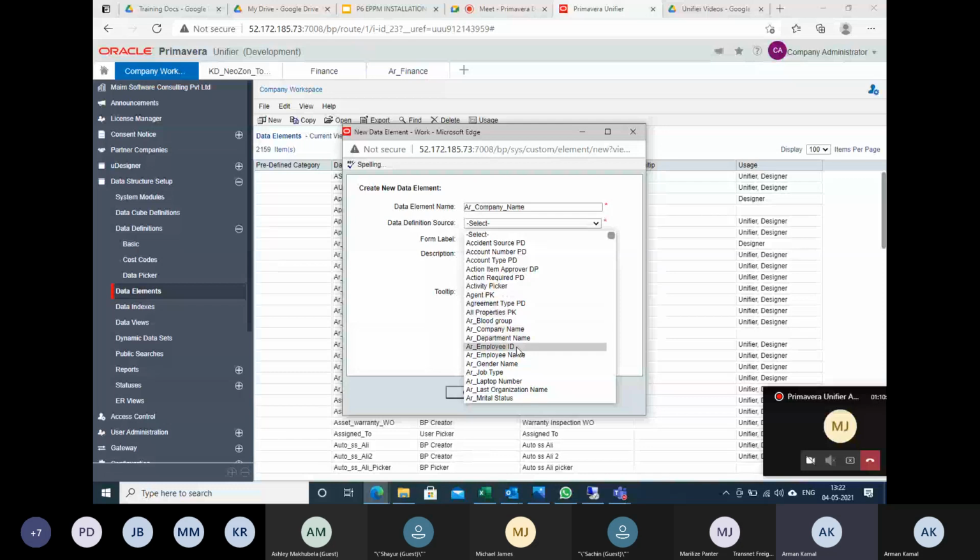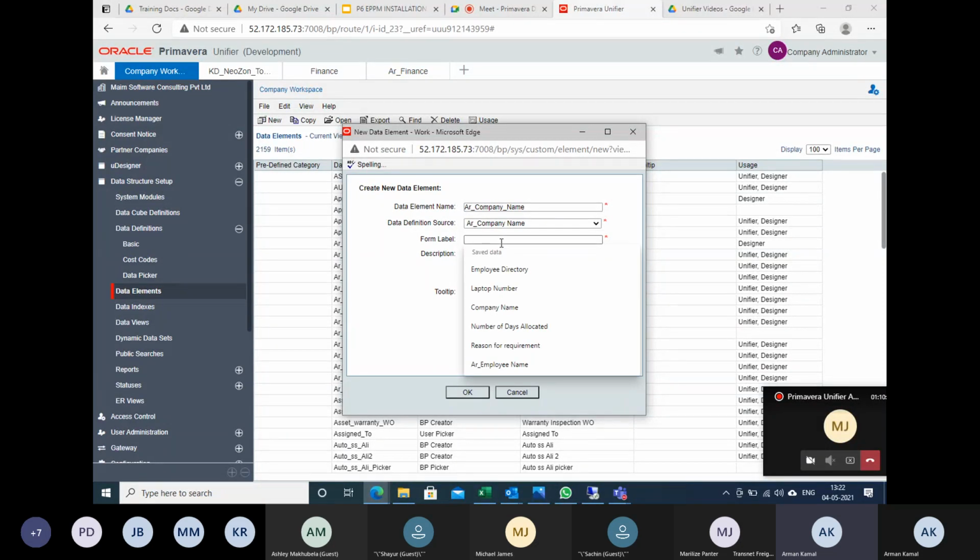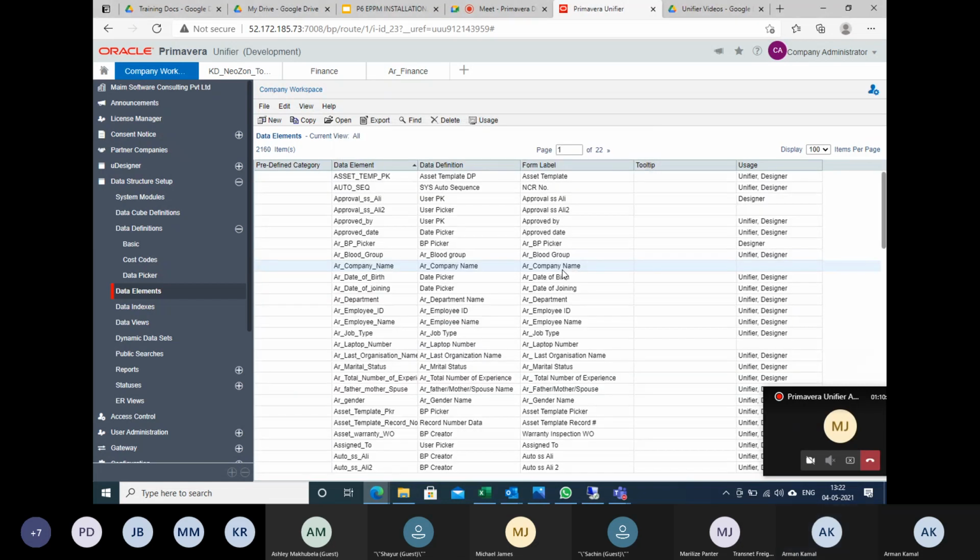I will select company name. Company is nothing but HP, Dell, the brand name. I will click OK. So company name is also created.